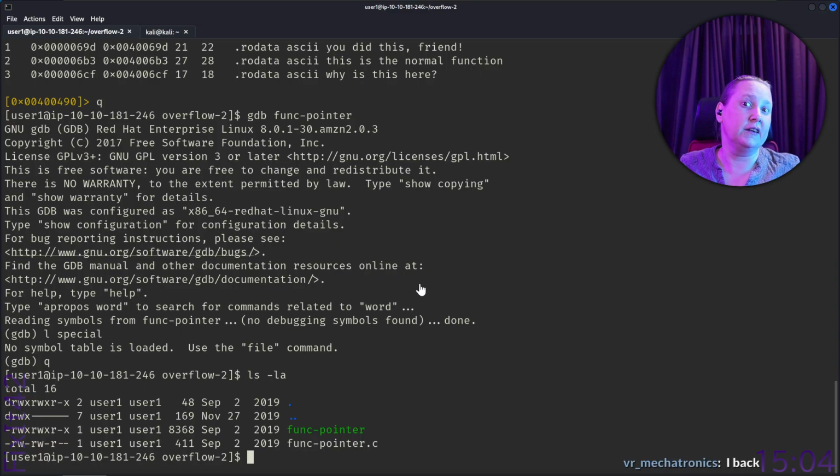So this is why this room should really have more information. VR Mechatronics says, VR, I'm back. Hi VR. Because we don't have a lot of information here. So let's